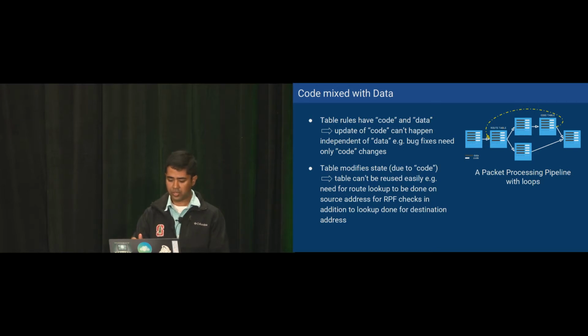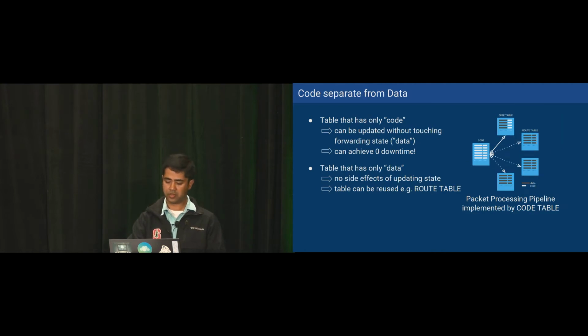So we cannot really reuse tables very easily. That is one reason. The other reason is that because the rules have both code and data embedded within them, it's not very easy to update the code portion of it. For example, when somebody is upgrading from one minor release to another minor release and they really want zero downtime, what we could do, if the code portion was separated out into some other table, is just update the code but not the data, which I'll show you here.